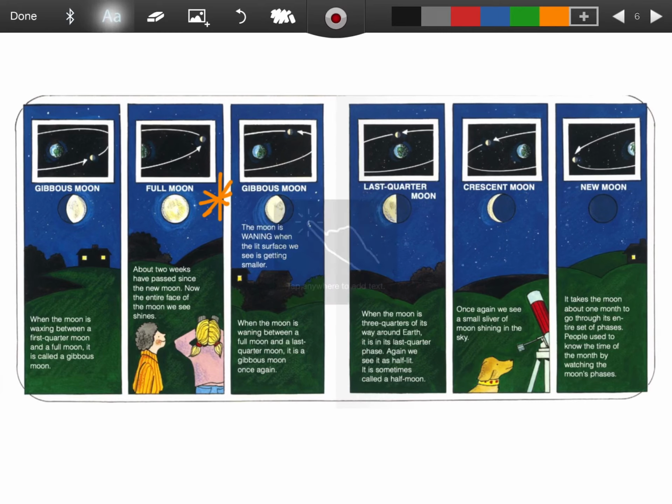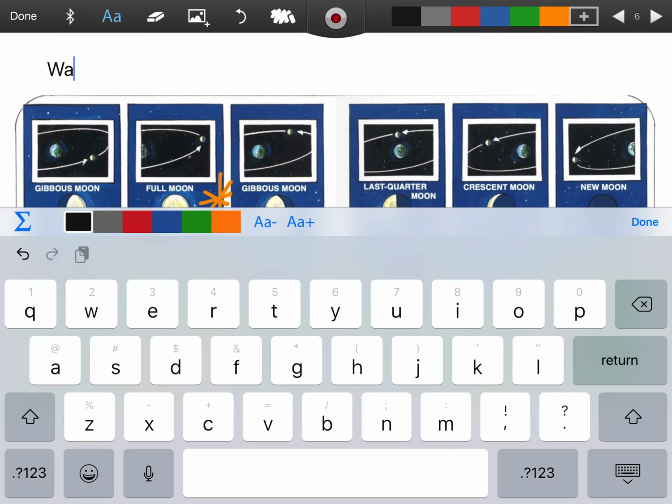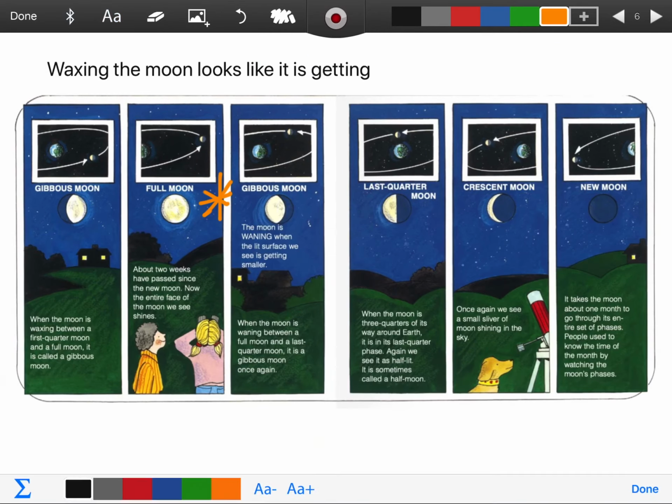So I actually think I'm going to write that. So we're going to type that. Waxing the moon. Oh, hit the wrong letter. Is getting, or looks like it is getting